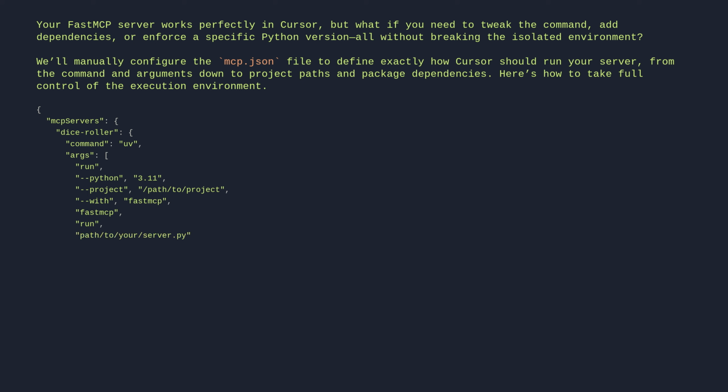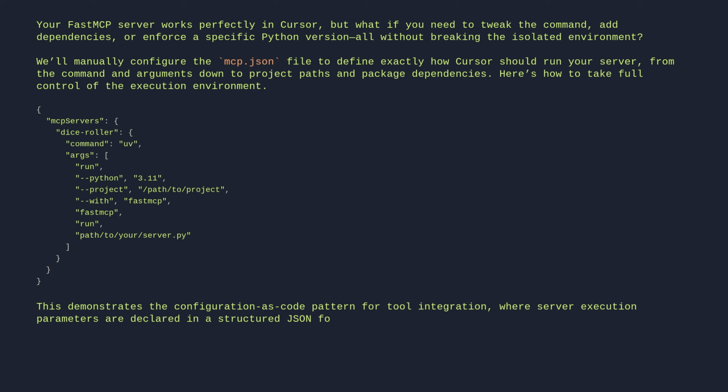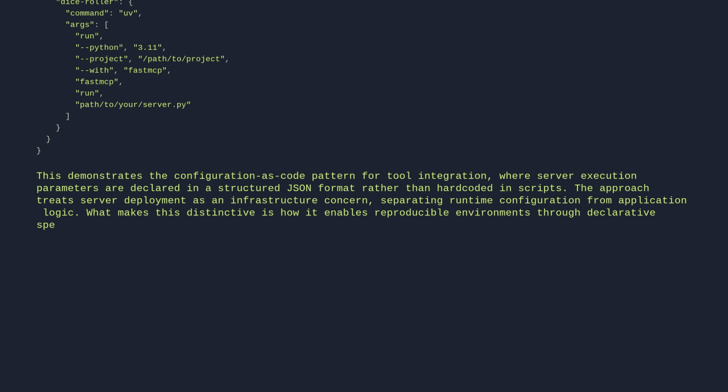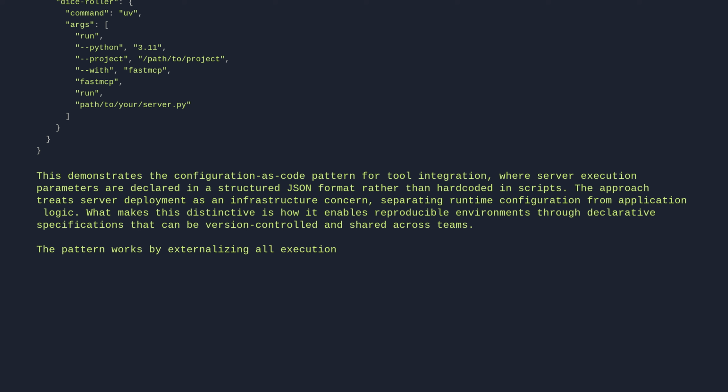This demonstrates the configuration-as-code pattern for tool integration, where server execution parameters are declared in a structured JSON format rather than hard-coded in scripts. The approach treats server deployment as an infrastructure concern, separating runtime configuration from application logic. What makes this distinctive is how it enables reproducible environments through declarative specifications that can be version controlled and shared across teams. The pattern works by externalizing all execution context, Python version, dependencies, entry points, and environment variables into a